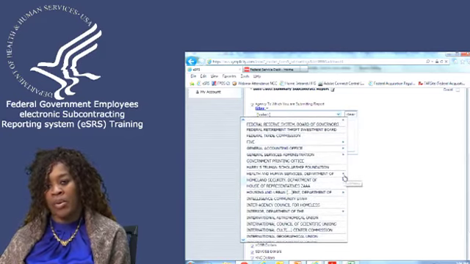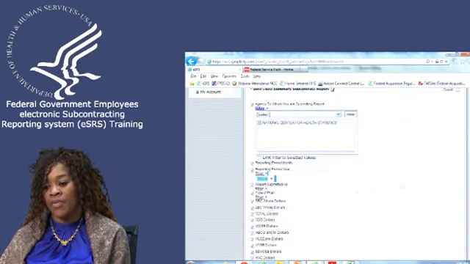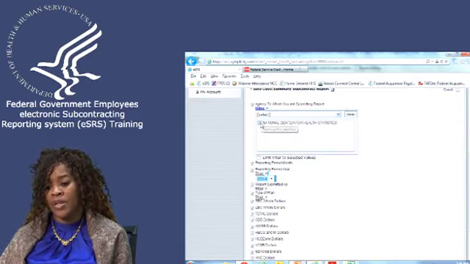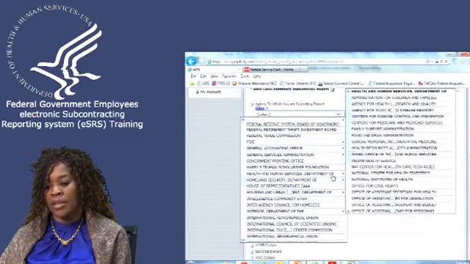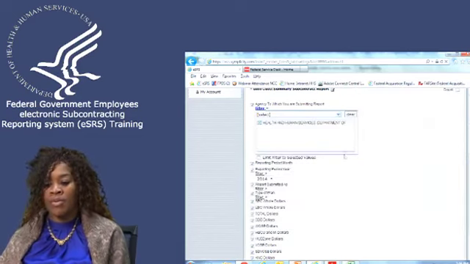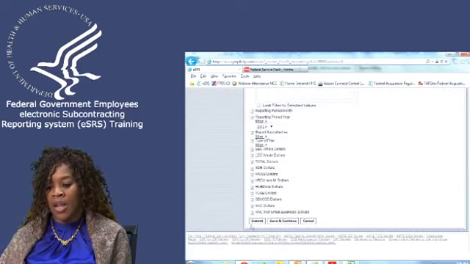Whenever you see this blue arrow, that means there are sub-agencies also listed. So you can run this for your particular office if you would like to do so. If you made a mistake, all you have to do is click the X and it will remove that agency from your queue. I'm going to run the report for the agency of HHS, and all I do is hit